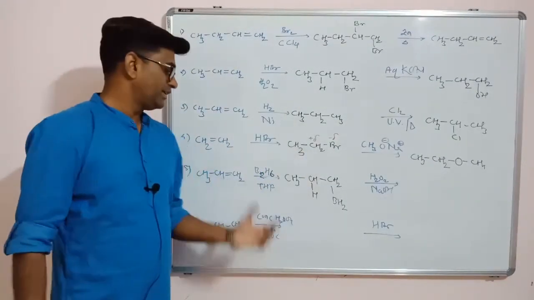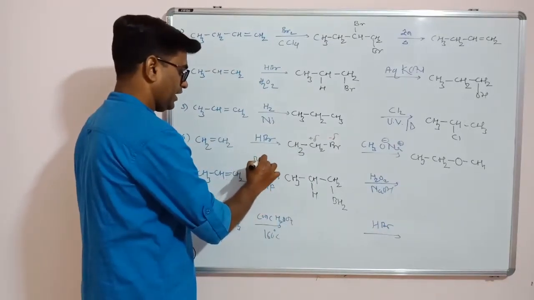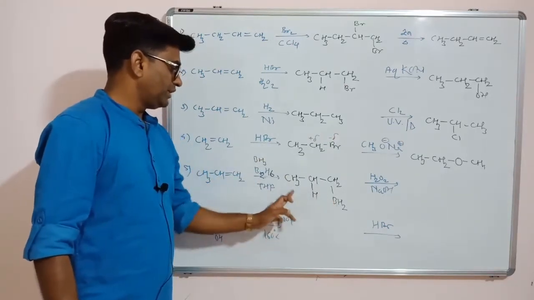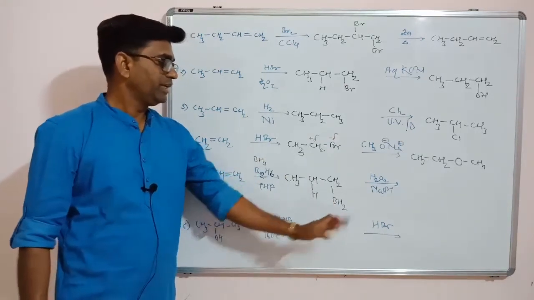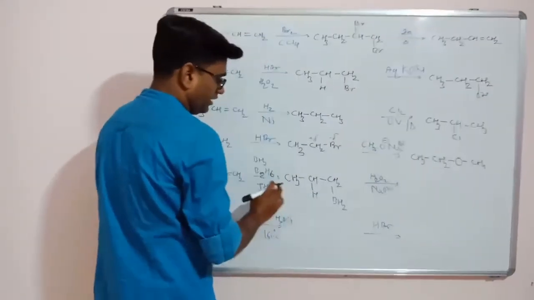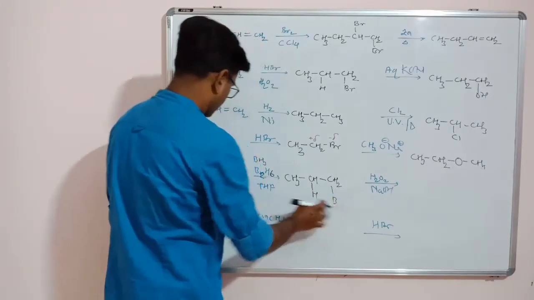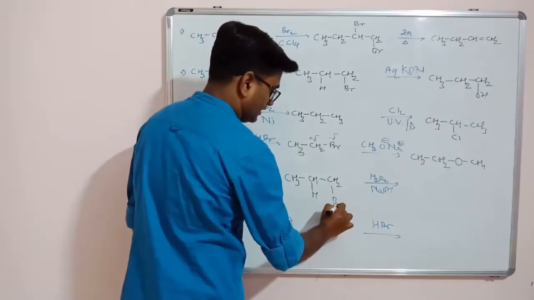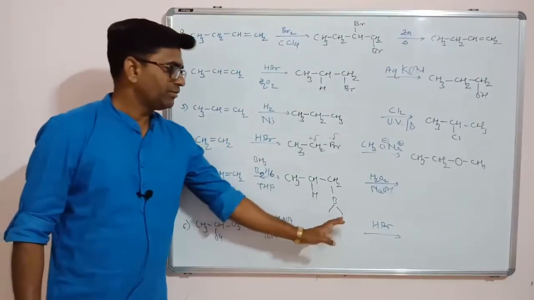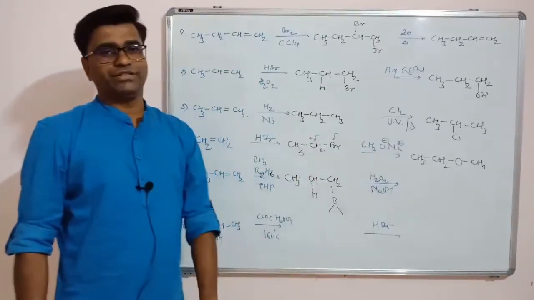Boron valence is 3. Diborane. So instead of diborane you can say BH3 also. One carbon gets BH2, and the remaining H comes here. So hydroborane. One borane can react with 3 molecules of alkene. So you can write like this also. These are the more alkenes. So you can write hydrogen or you can show 2 bonds, no problem. The next step is oxidation.